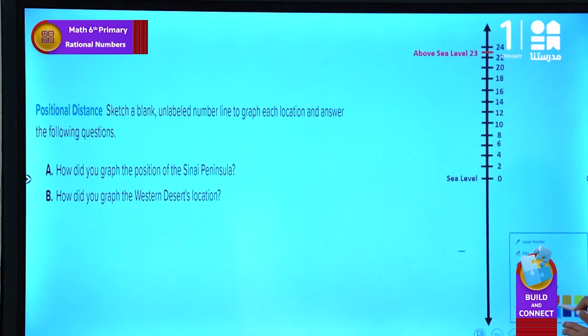So we will need to go down the remaining 2 meters below the sea level, meaning below 0 by 2. So as you see here,